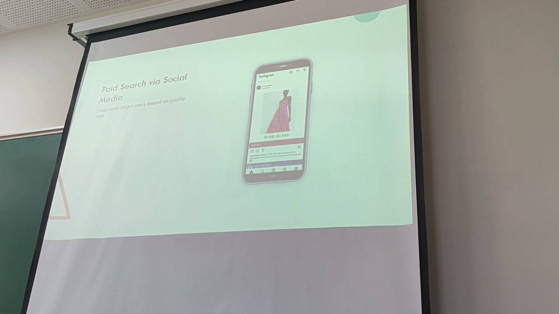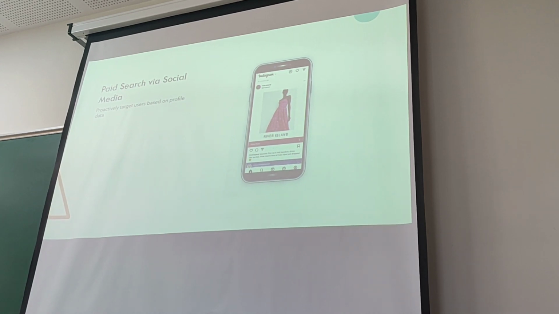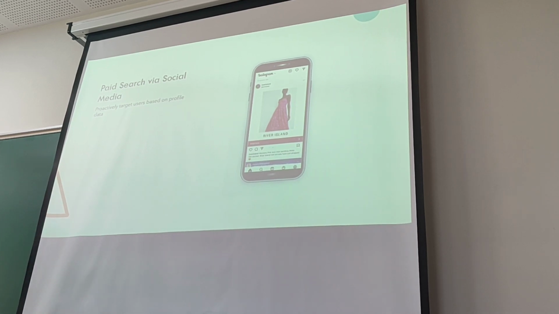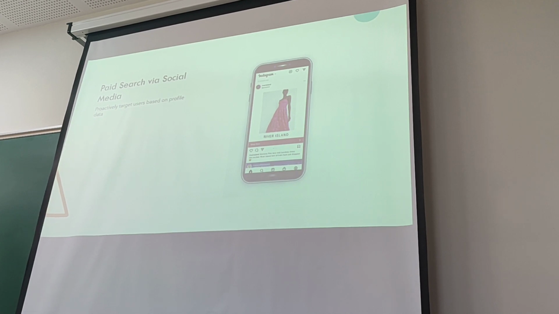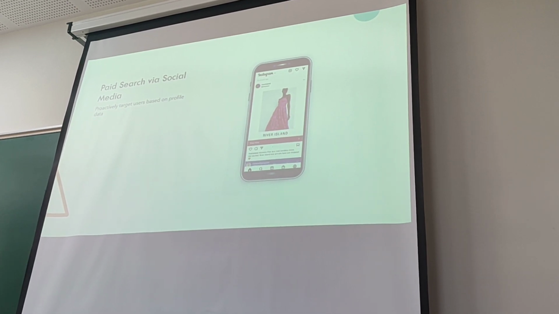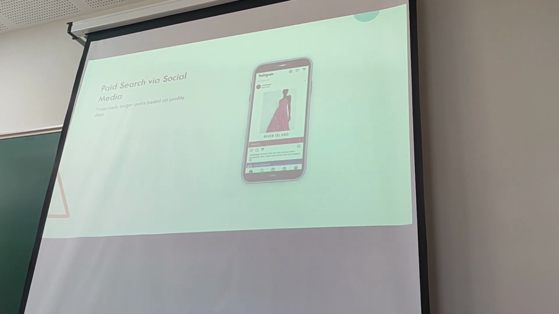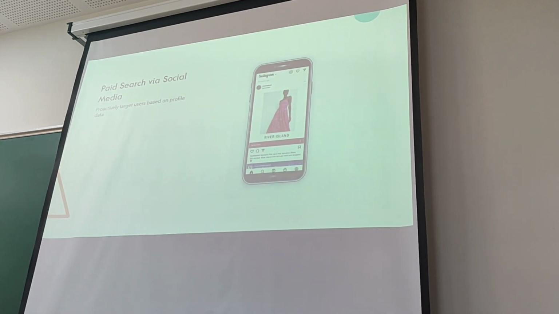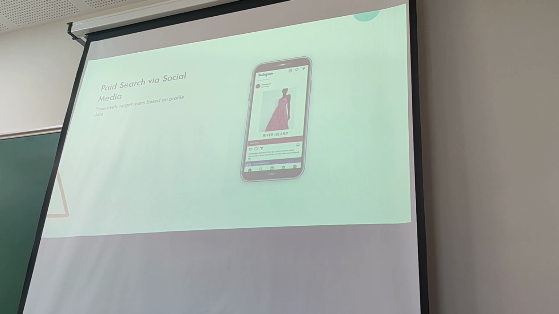Whereas when you're doing other sorts of paid search, you might need to create more of a creative campaign and also really think about your segmenting. I mean, you need to do that for pay-per-click too, but the way you do it is so quick and easy. It's amazing. If you're doing paid search via social media, it's not quite as straightforward.